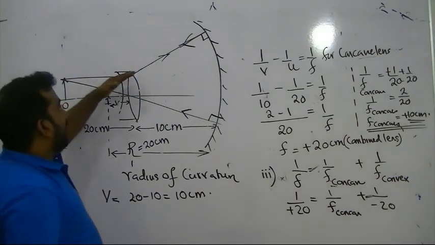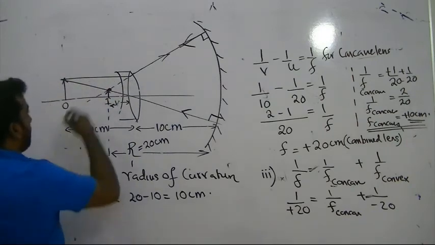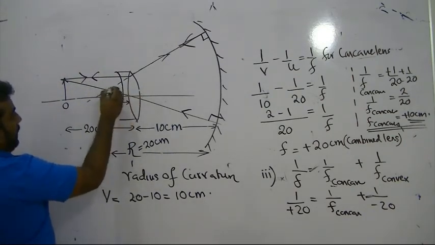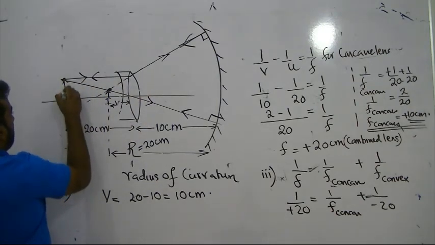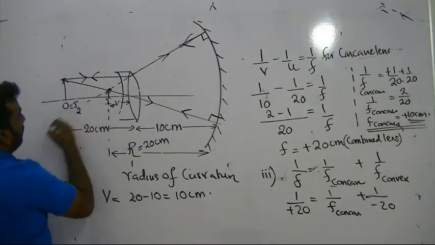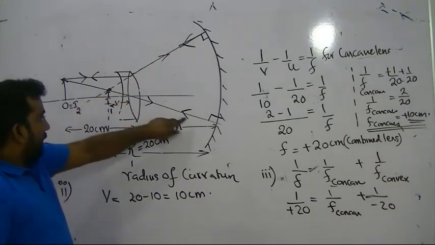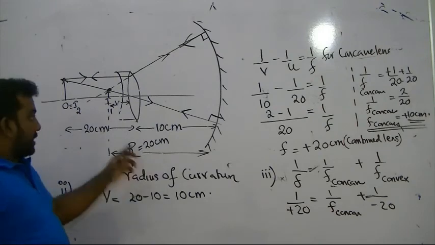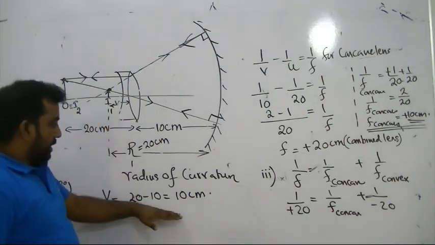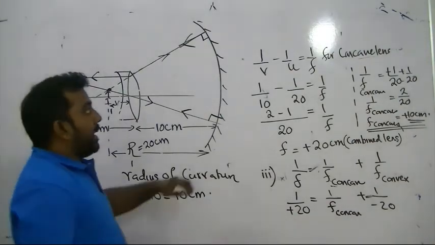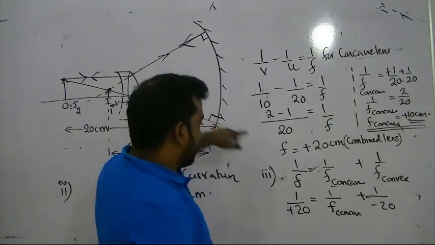So you can see here light rays will hit here, a real image will form. Light rays will come back along the same path. So the final image will also form there. Light rays seem to meet here, so that's your radius of curvature. If here 20, here 10, this is also 10. Image distance. Apply the lens formula, find the focal length of the combined lens.